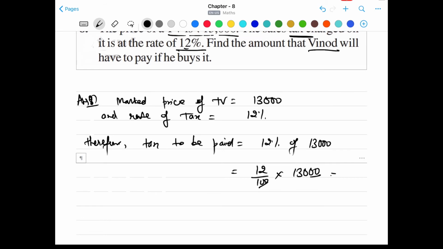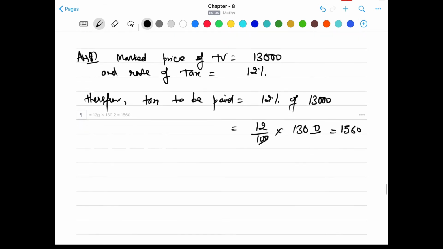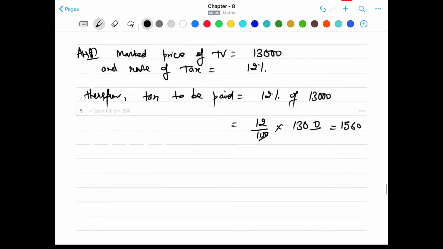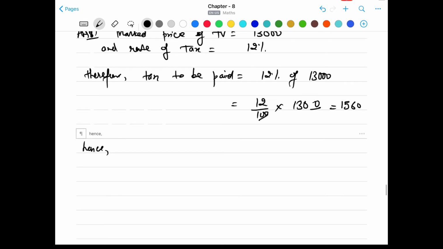Okay, again the two zeros here will cancel the two zeros. When you multiply, you will get 1,560 rupees. So 130 into 12 will be 1,560 rupees. So that is the tax to be paid on the TV. So all right, hence the selling price or the billing amount, the amount to be paid,